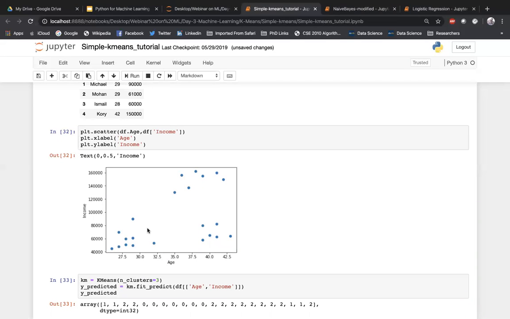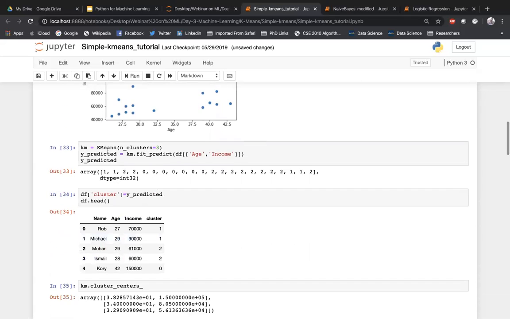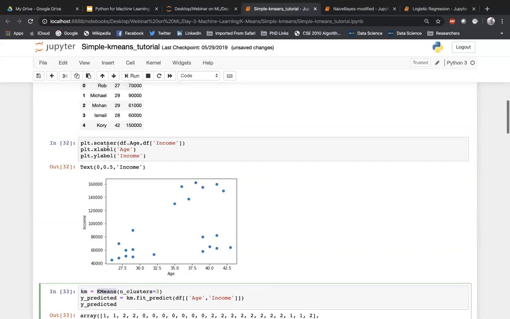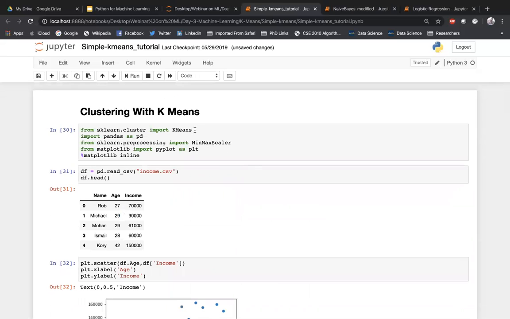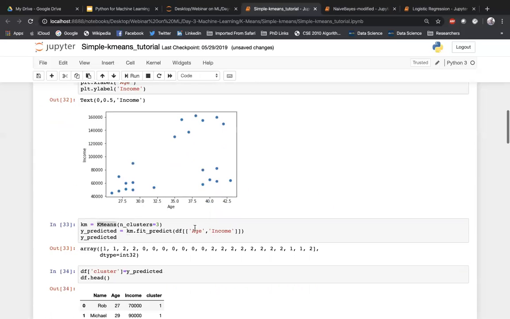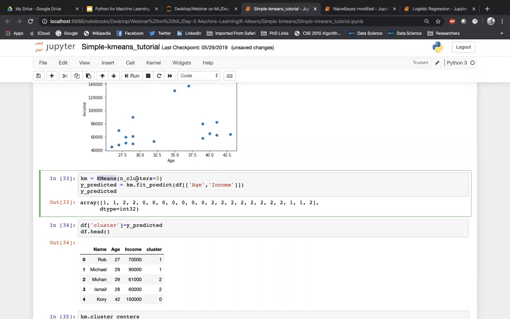Seeing this itself, you will understand that this is a cluster, this is a different cluster, and this is a different cluster, right? Now, how do we call the k-means cluster? km equals k-means. Where is this k-means coming from? The k-means is coming from the sklearn cluster package. While calling the k-means, you also have to pass parameters like the number of clusters you want to make.